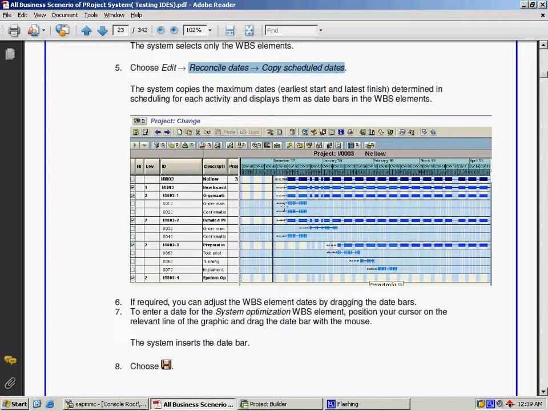We have 7 different internal activities in 3 different WBS elements, and we'll plan the time and duration for those activities. We will schedule it, and we will extrapolate those dates to the upper level WBS elements.